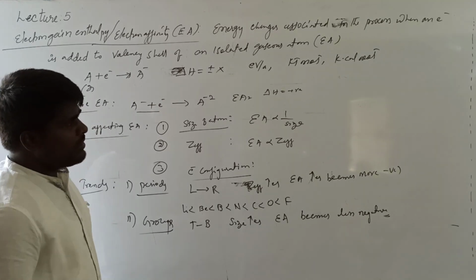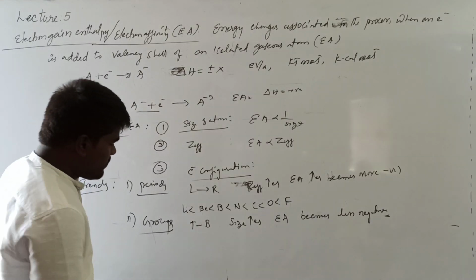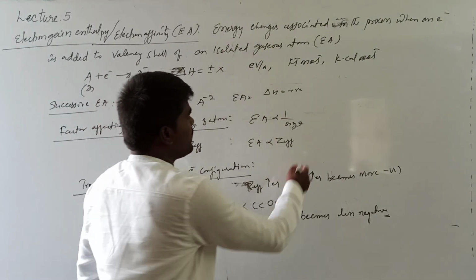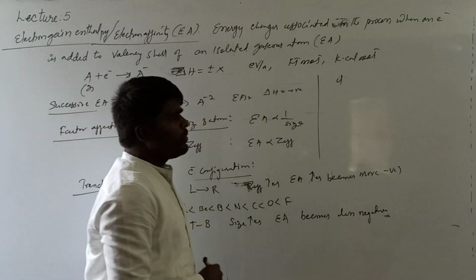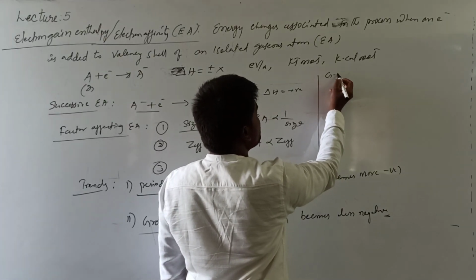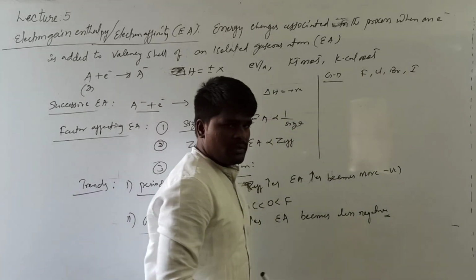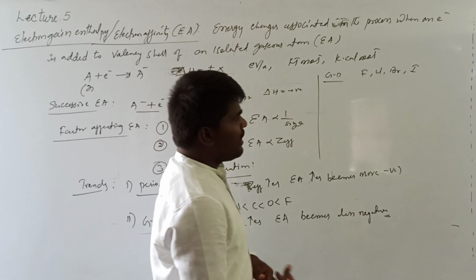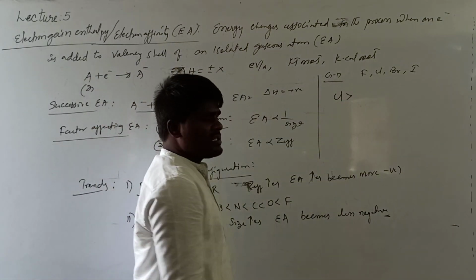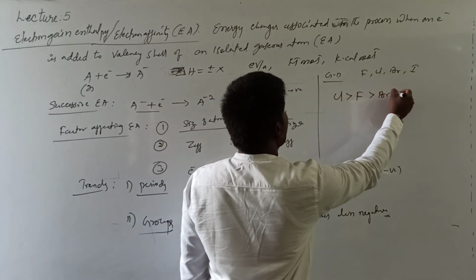And in the groups, one important thing to be noted is about second and third period elements. The element having the highest electron affinity in the periodic table is chlorine. Down the group, electron affinity should decrease. Suppose we are talking about group 17, what are the elements? Chlorine, bromine, iodine, etc. And what is expected? Top to bottom, electron affinity should decrease. But actually, the observed decreasing order is that the electron affinity of chlorine is greater than fluorine, bromine, and iodine.